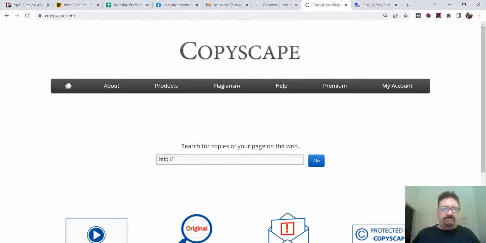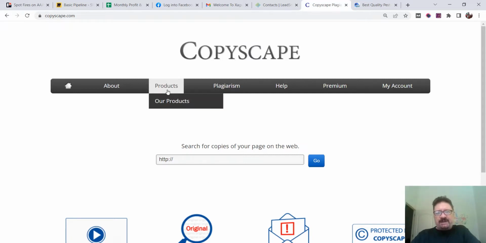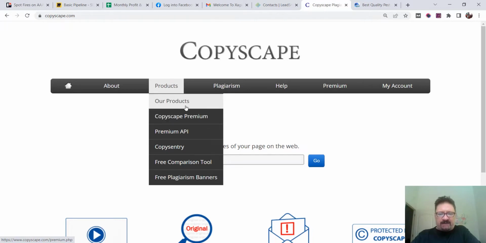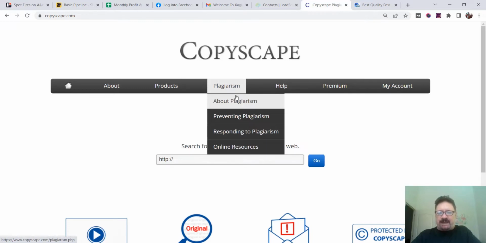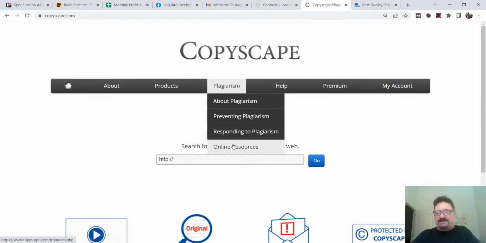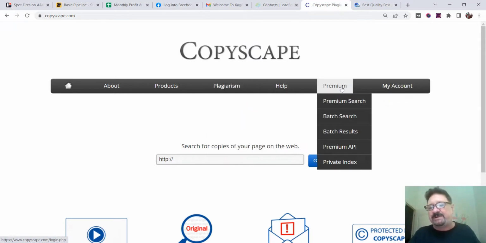But anyway, I'm just going to give you an overview here of Copyscape and how I use it. I don't use it personally a lot, my team does, but just to show you what I know, I've just logged in here, I'm on the home page. I'm not even that sure about every single product here. Like I said, this video is just an overview, but there is some good information here on plagiarism, how to prevent it, responding to it, online resources. But let's just jump into the meat and potatoes on this particular